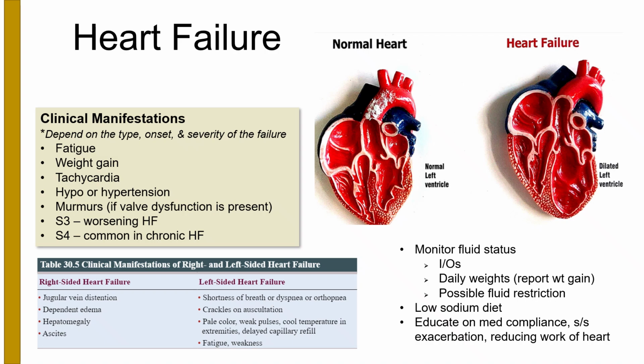versus the left-sided heart failure. So the left ventricle, where is that blood coming from? It's coming from the lungs. It just got reoxygenated. It's coming to the left side of the heart, and after that, it's supposed to go systemic, right? It's supposed to be pushed through the aorta and then to the body. So if the left side, if that left ventricle is weak and it just cannot push anything out, then it's going to get backed up, and it's going to get backed up into the lungs.